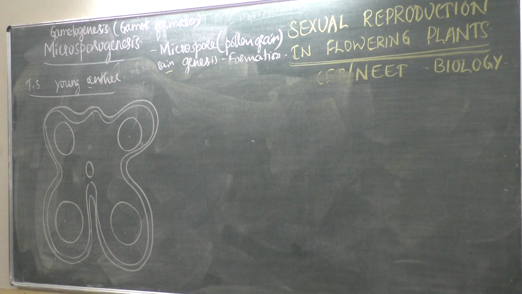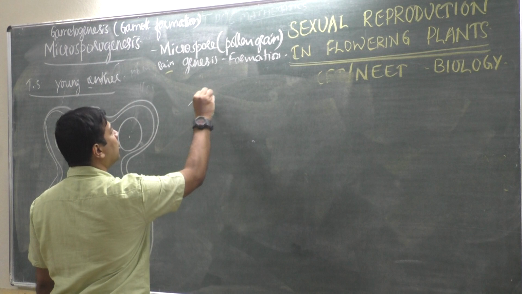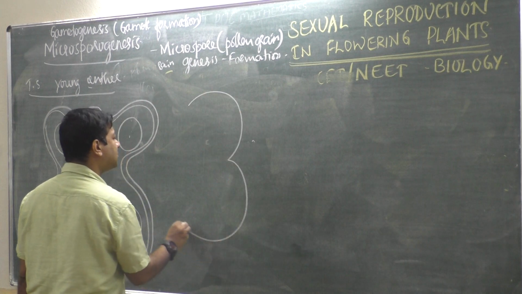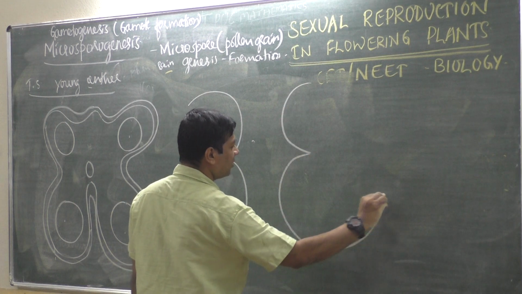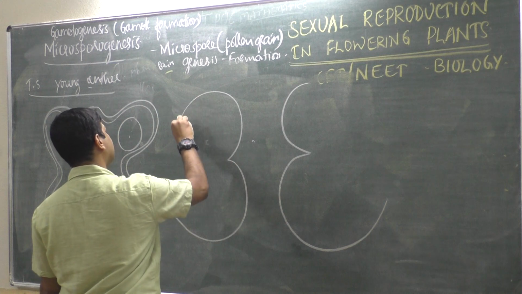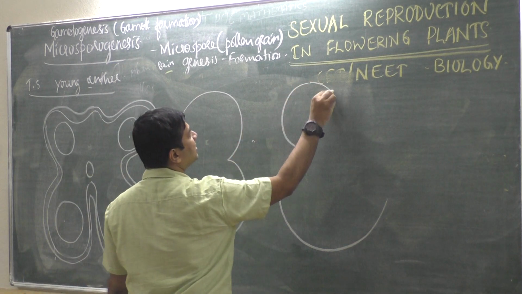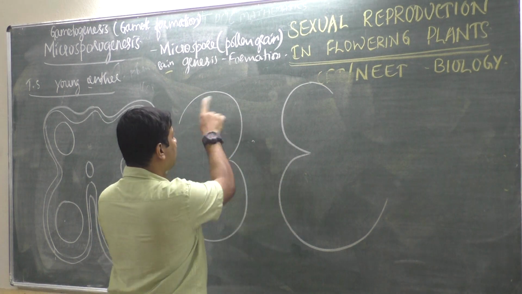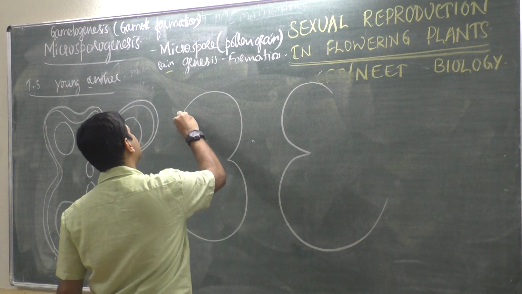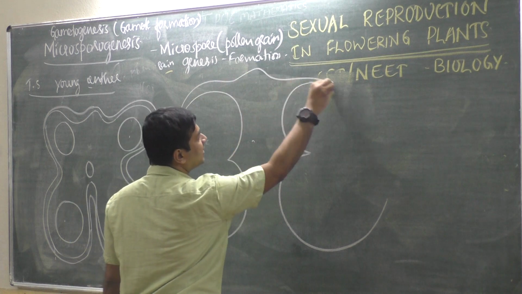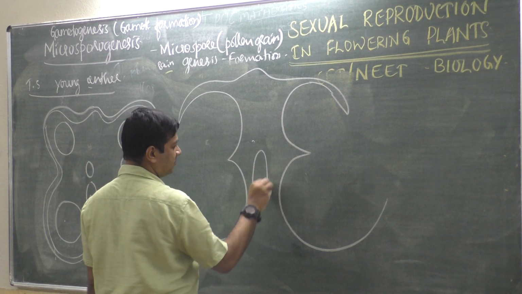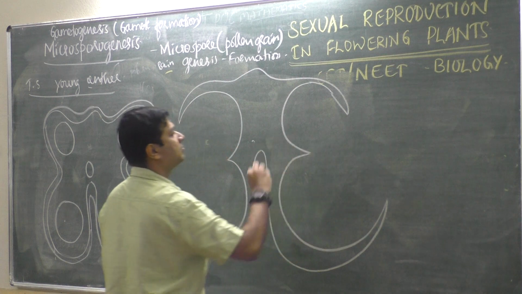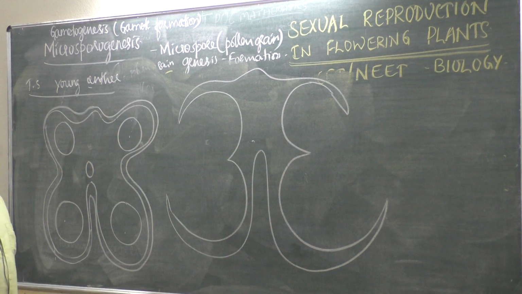So when they ask you to draw a mature anther, you have to draw it like an Om shape, like this. This is the reverse Om that I am drawing now. Or else, draw the English number 3 here and its reverse. Then you have to join it. Here also.